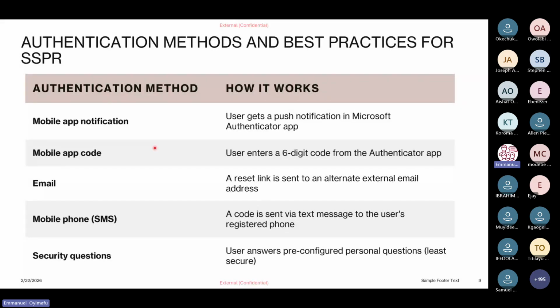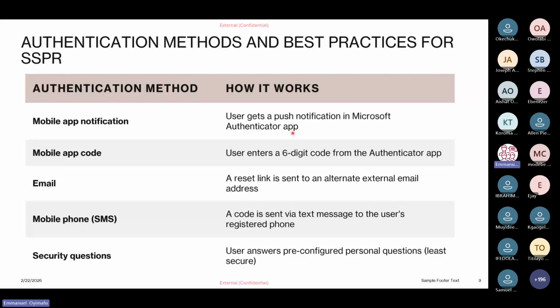If you want to start using SSPR, you need to register for self-service password reset, which we are going to see how to do. You must first add some authentication methods, like password, which is the norm. You must set up a password. You can use mobile app notification, which is like a push notification in the Microsoft Authenticator app. The Microsoft Authenticator app is an app that you can use to authenticate to your environment. Like if you have provided your password, the authenticator app can open, type this number. Once you type the number, you get in.